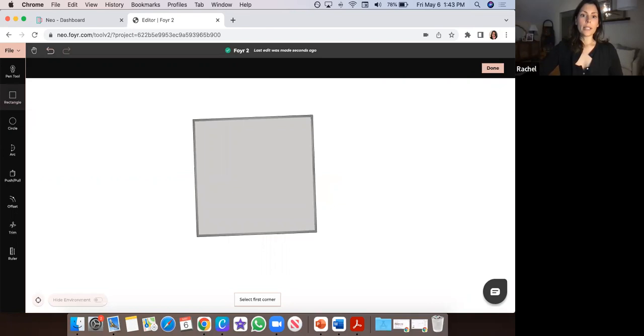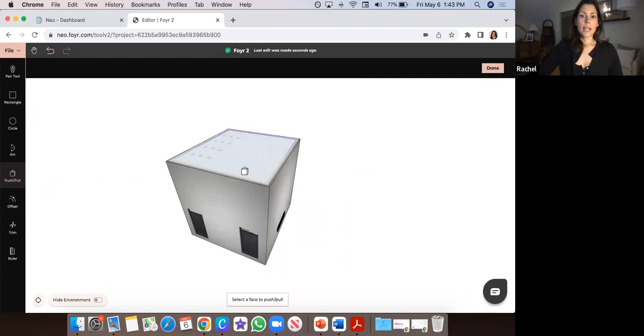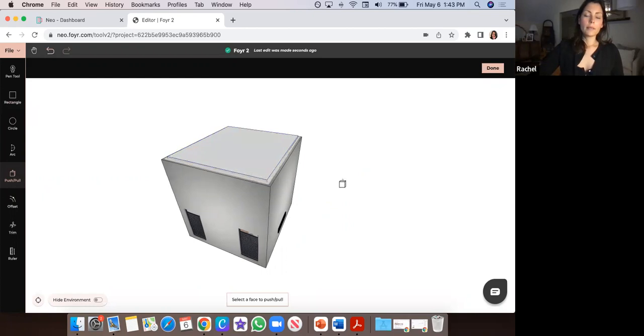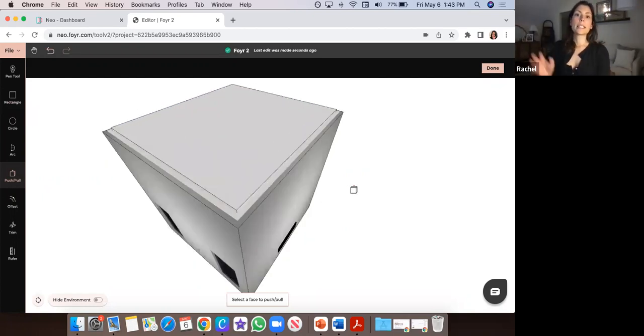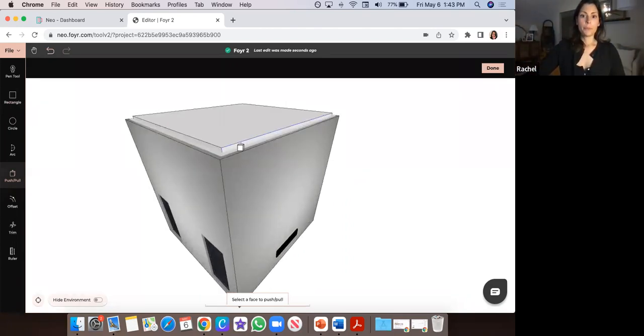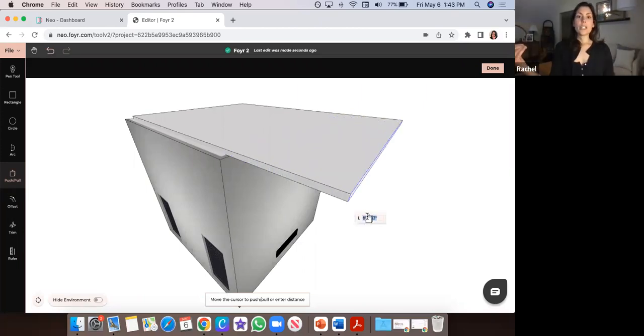I'm going to grab my rectangle tool, and the first thing that I'm going to do is just click on the edge, and I'm just going to cover this space here. And then I'm going to grab push pull, rotate to the side here. You'll see as I hover, it highlights blue, and I'm just going to give it a little bit of an edge right now. And the reason that I do that is because this is going to now allow me to resize this shape. So when I click on this edge, now I can move it beyond the edge of the house,